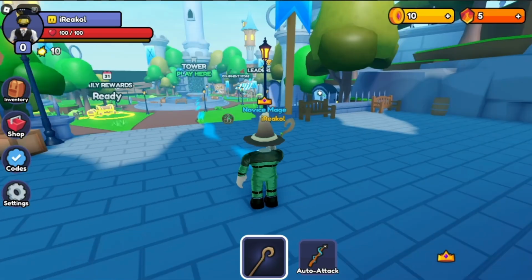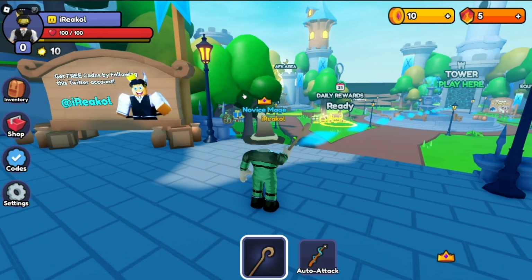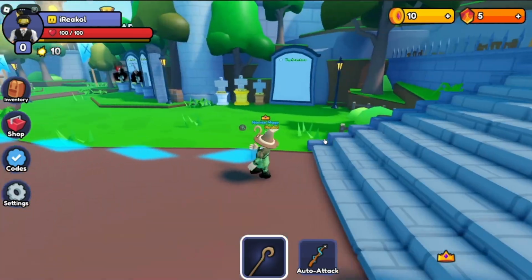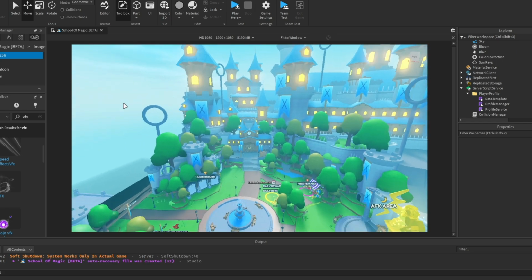Now with all the UI and stuff out the way, it's a good time to discuss the changes that I made throughout the level. As mentioned earlier, this level has gone through quite a few changes. I feel like it looks a lot more like a school now. And of course, if you guys couldn't tell already, the game is kind of inspired by Harry Potter. If you know what that is, you should know, but...